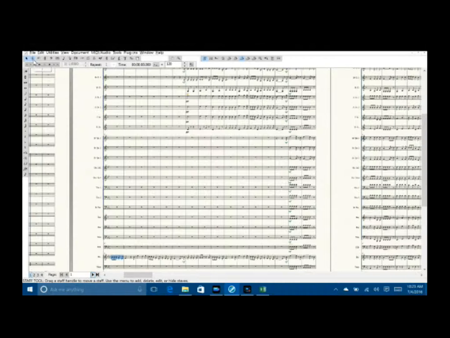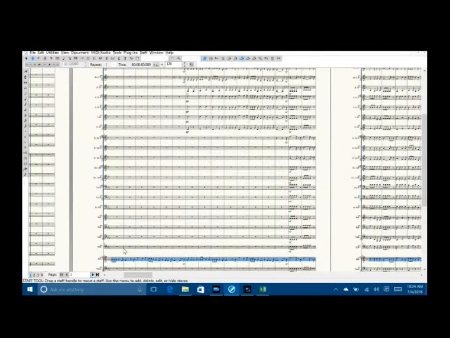Now we'll make sure we have the staff tool selected. The bells are selected. Shift, end, and let's go down 12 down arrow increments, pressing the down arrow key on the keyboard. 1, 2, 3, 4, 5, 6, 7, 8, 9, 10, 11, 12 down arrows, and that will give us another visual indicator between the brass and the percussion.